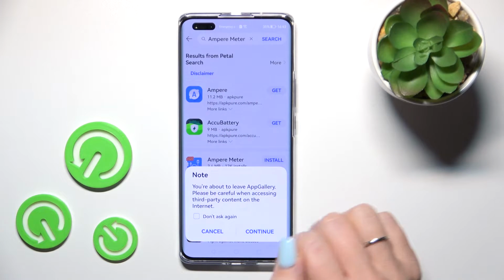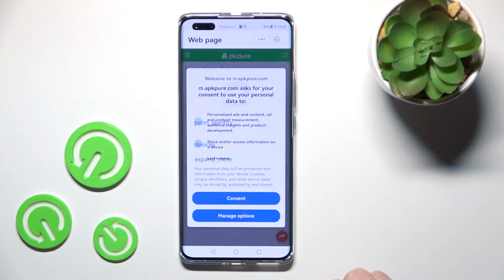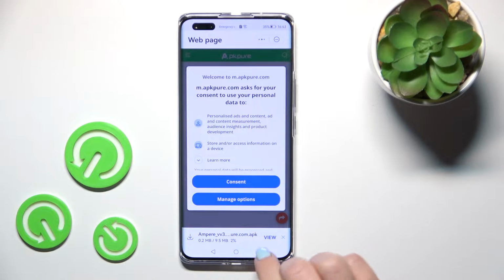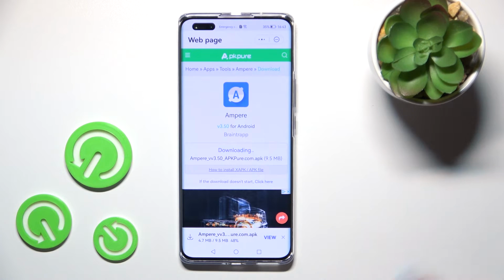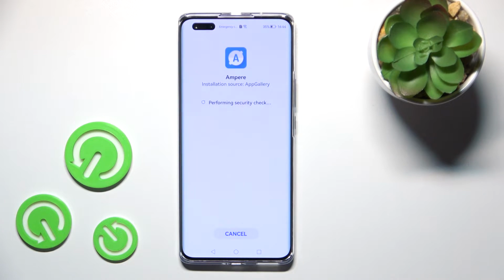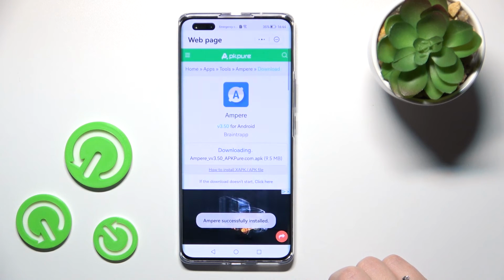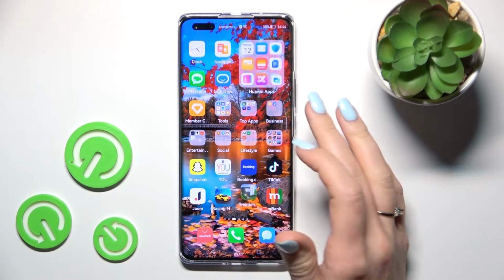So let's now just get this application, tap to get, tap to continue, and wait a couple of seconds. Now just click to download and wait while this application is downloading, and then we'll install our app here on our HUAWEI device. So now let's just click to allow, click to install, and we can see that our application